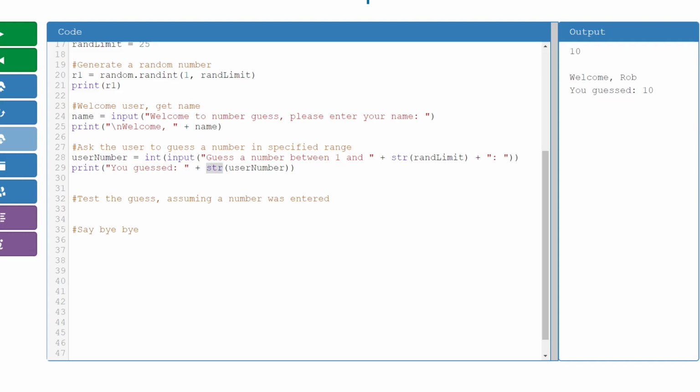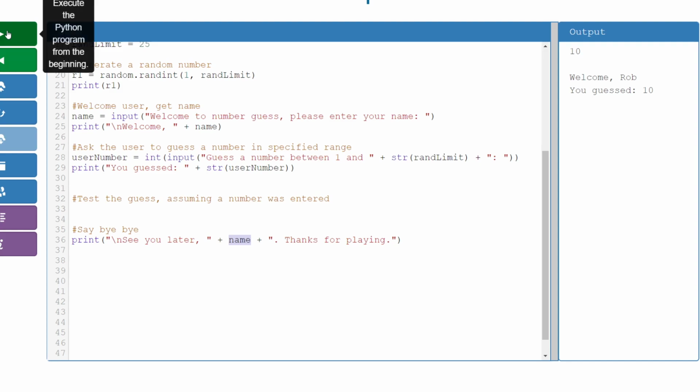So we're going to save the hardest part for last. And I'm just going to do one more little copy here. And we're just going to say bye-bye. So at the end of our program here, we'll just say, see you later, name, thanks for playing. A standard print statement here, we're concatenating our name variable so it looks more customized. We're putting a space in there too, again, to separate our outputs. So just to double check here,